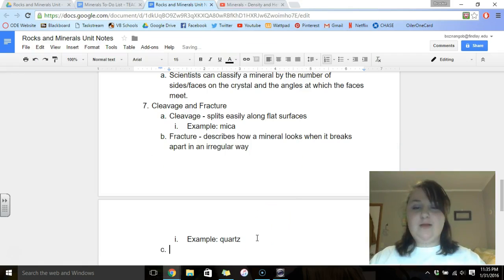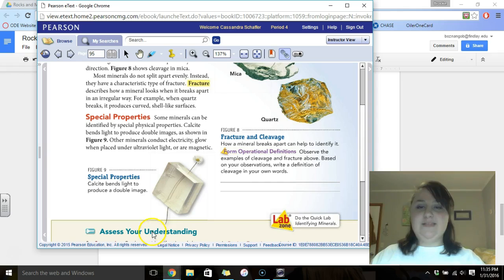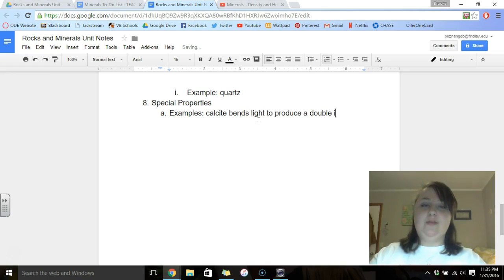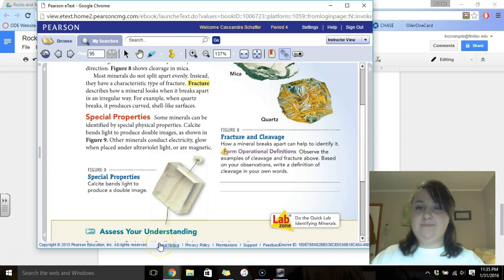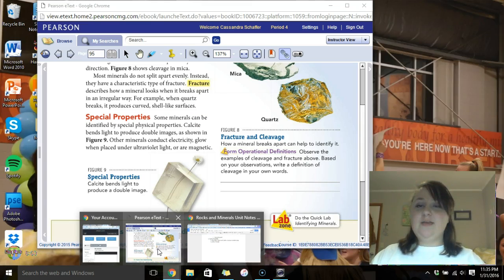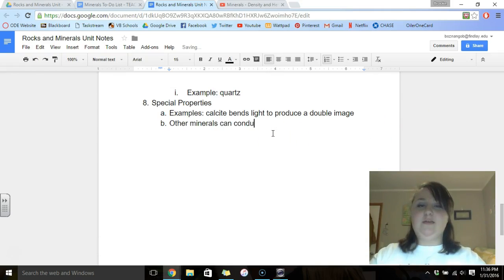So, for the last one, number 8, I'm going to put special properties. And then I'm going to put examples. It said that calcite bends light to produce a double image. And then I'm going to put other minerals can conduct electricity,